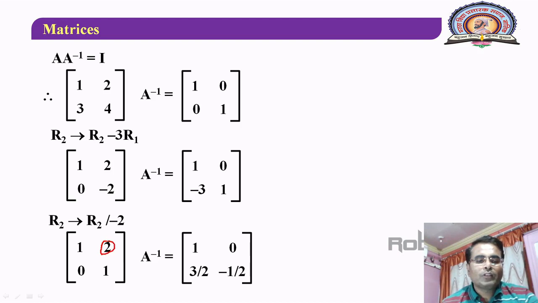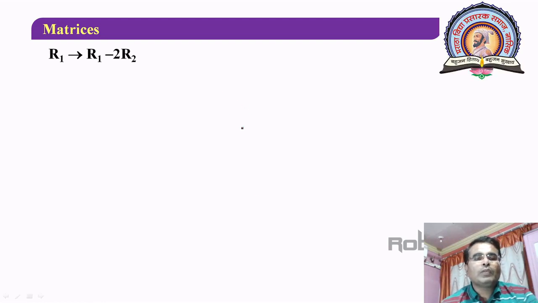Okay, now this is your next step, and in the next step you have to reduce this element to 0 now. So to make this element 0, you have to consider multiplying this by 2. If you multiply this by 2, and that is subtracted from this first row, then 2 minus 2 becomes 0. So that is our next operation. Here R1 is considered now R1 minus 2R2, and with that you will get 1 0 0 1 into A